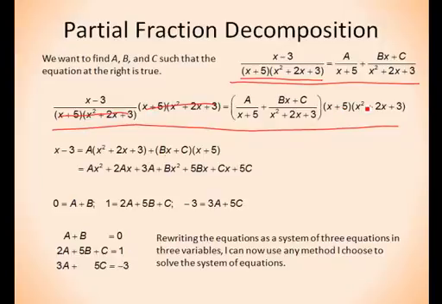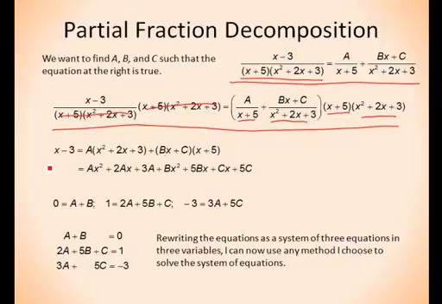I'm going to distribute this in. When I distribute it over here, the x plus 5 will cancel, and I'm going to get a times this factor right here. There it is. And when I distribute it to the second term, I'm going to get bx plus c. Well, this factor will cancel with that factor. I'm going to get bx plus c times the quantity x plus 5. There's bx plus c times quantity x plus 5. And now I just need to distribute in and do double distribution or FOIL on this, and I get the